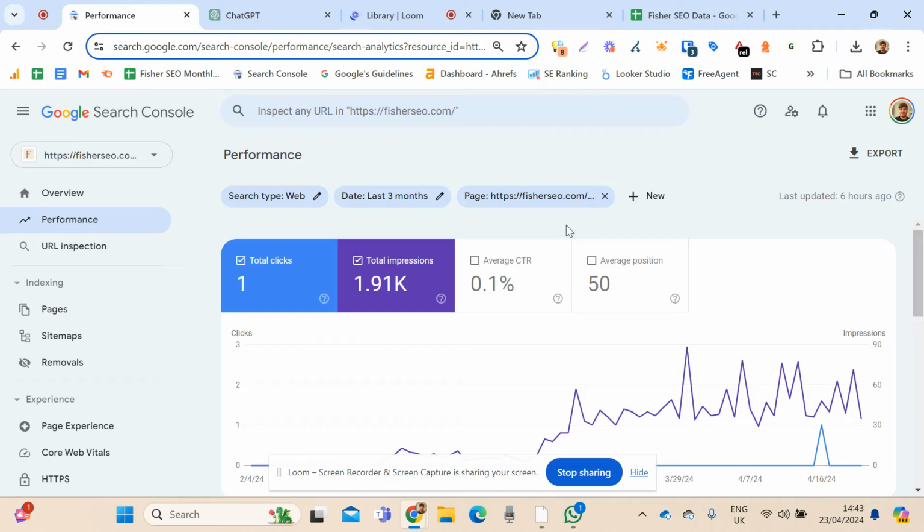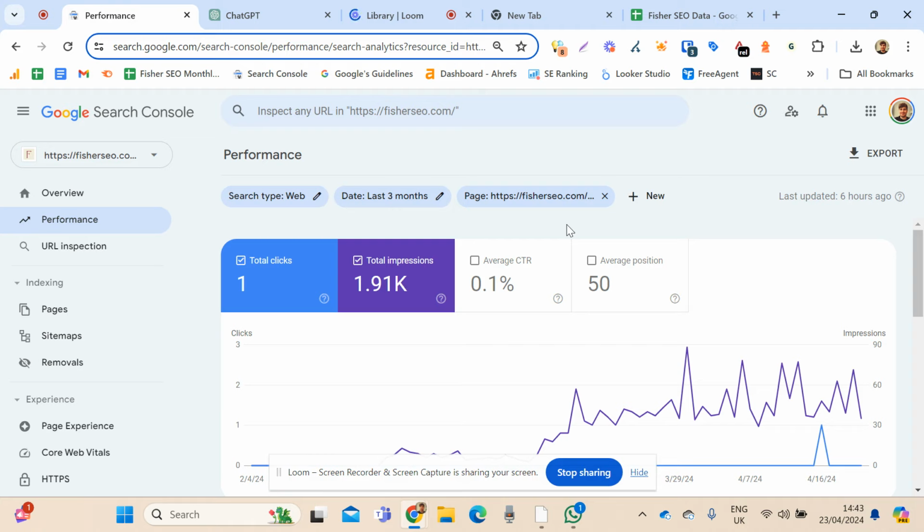So I just wanted to make a quick video on finding out an overview of which URLs don't have a high number of queries getting impressions. So the number of queries that a page is getting impressions for is a really good indicator of the depth of content, the comprehensiveness of content, and whether Google's seeing real value in the page. If a page is getting 100 plus queries getting impressions, or even 50 plus, then it's clearly seeing value in